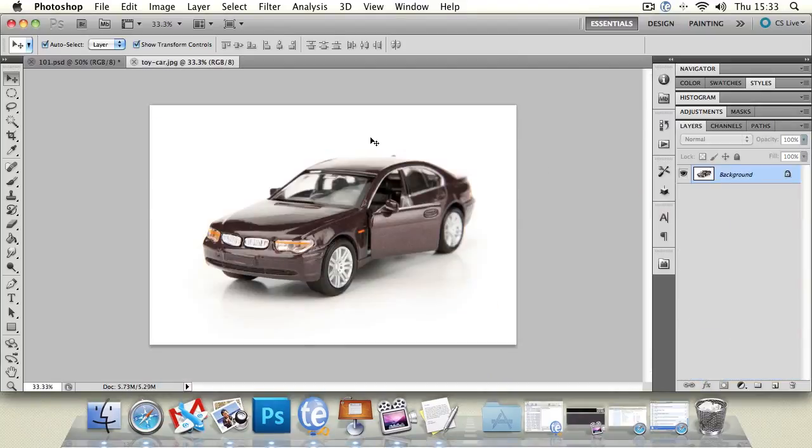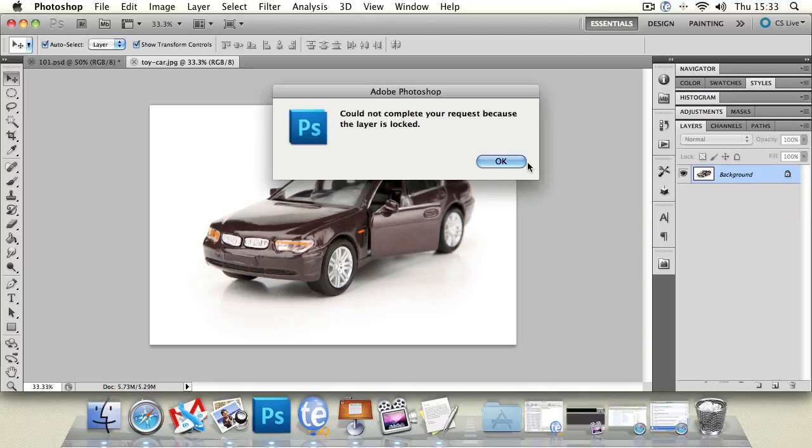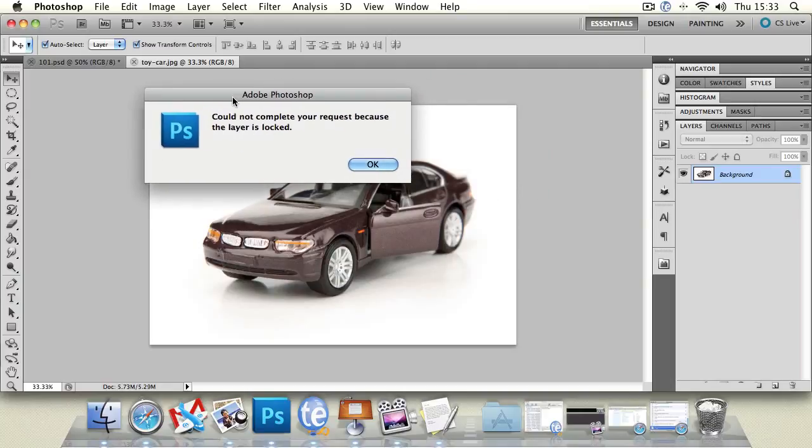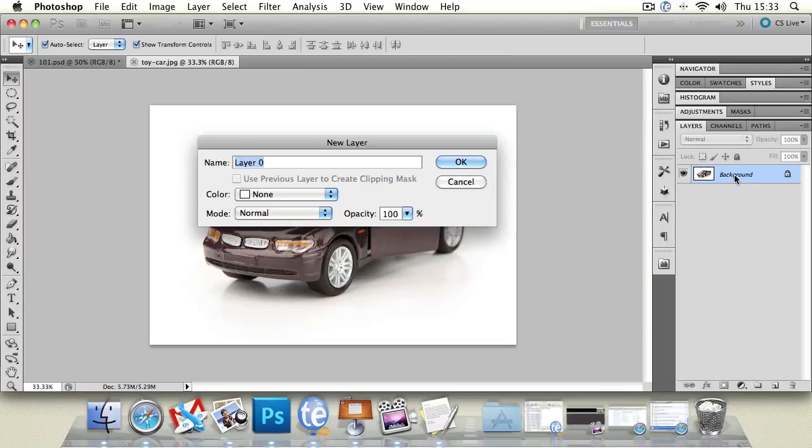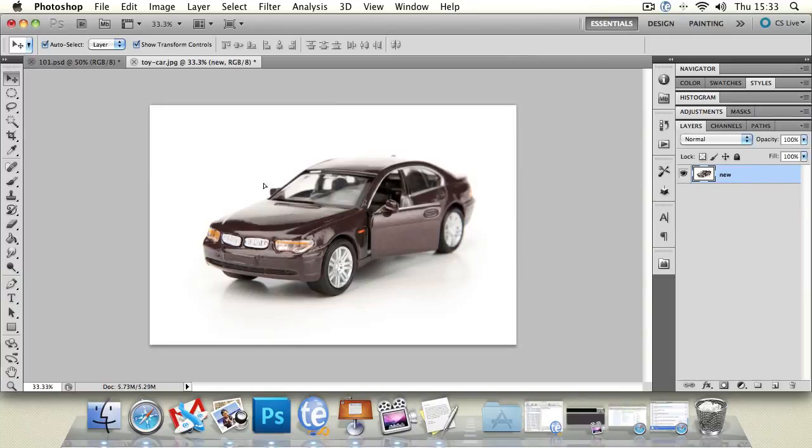So just one last thing when you're using the Move tool, if you're ever working on a photograph straight out of the camera, you may not be able to edit the actual photograph because you might get this error when you're trying to move or reposition or resize it. It says could not complete your request because the layer is locked. So we now know that that layer is locked, and the background layer on any photograph will be locked like this. So there's two ways to unlock it. You can just double click on the layer and it will make a new layer from the original one. So give it a name. If we just type new just to show you, press OK, that will now be unlocked